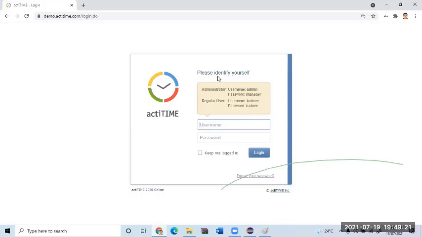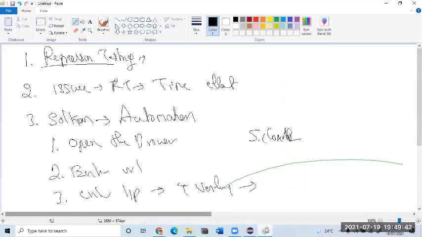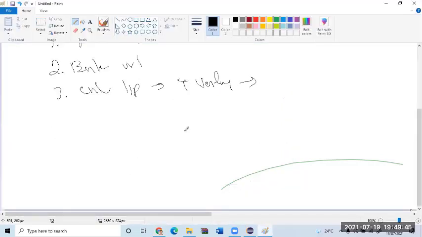Whatever testing I'm doing, instead of me, Selenium does it. That is called automation testing. Performing any task automatically, that is called automation. And in that I'm doing testing, so I'll do it automatically. So in this example, when I say automation testing, you must know the other fundamentals also.